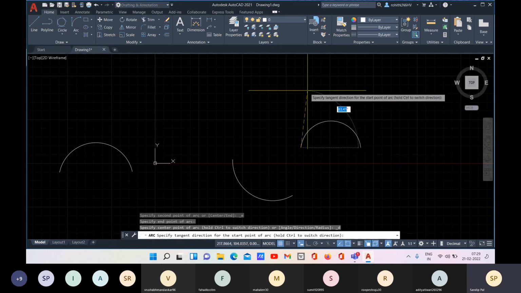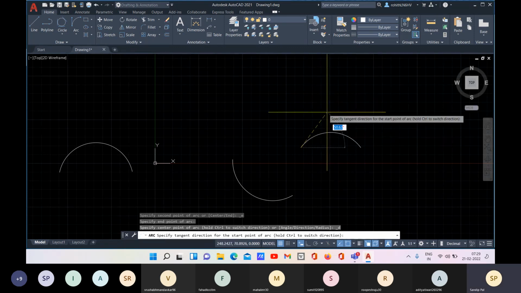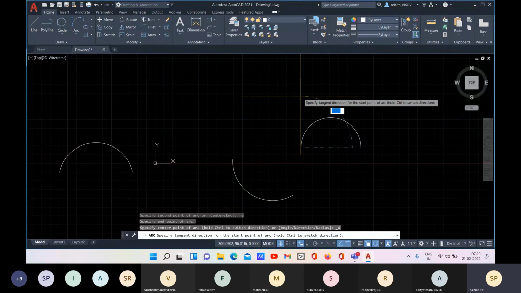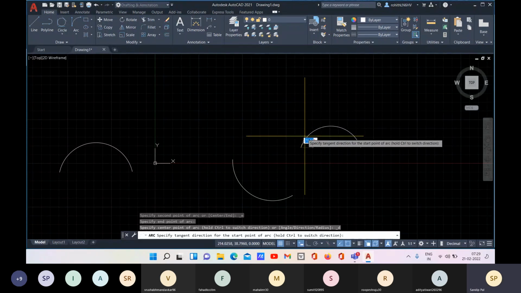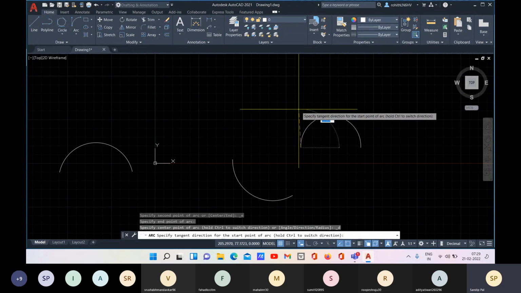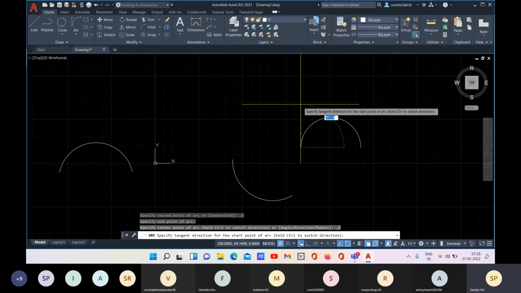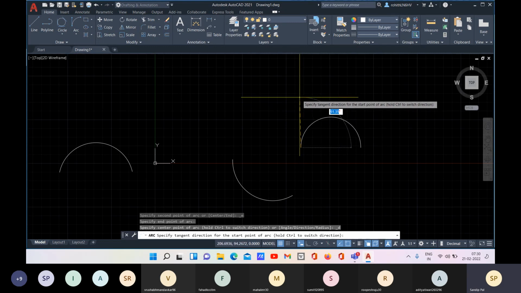So if this curve is created this way, this 90 degree will be tangent with this. If suppose you create a 90-degree line, that means a vertical line, and this curve will be tangent with that vertical line.